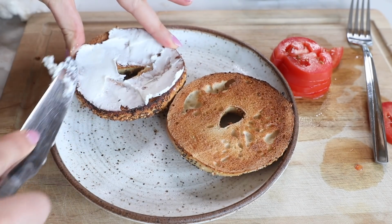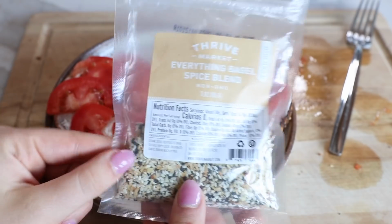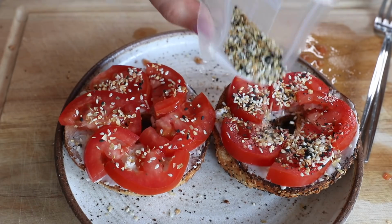The first step is you put some cream cheese on your bagel. Then you top it off with some thinly sliced tomato. And then last but not least, I top it off with more everything bagel seasoning. So I got this one at Thrive Market. Ta-da! I'm pretty sure you could order this at any bagel shop, but I just gotta say, the combo is